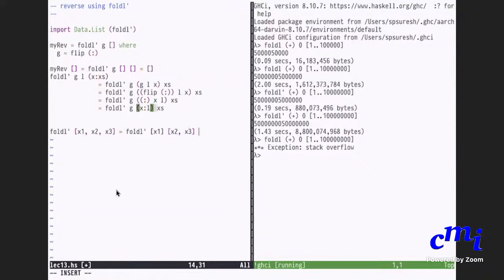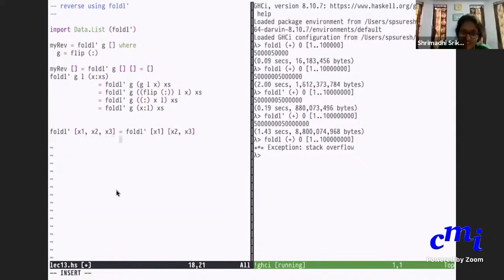So now this is my L. When I make this fold L call, that is my L, and x2 is just this x2. My x is just x2. So what will this become now? Can somebody tell? It'll be x2 colon x1, and then x.